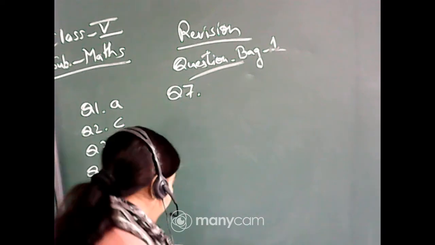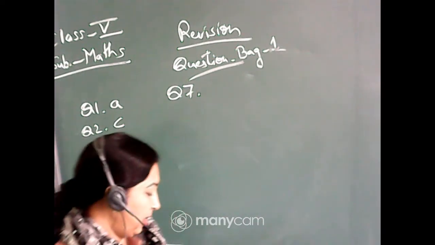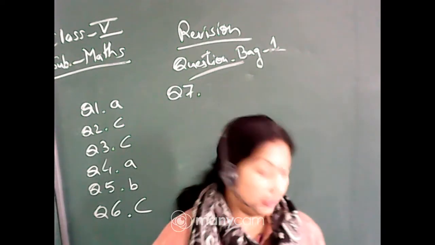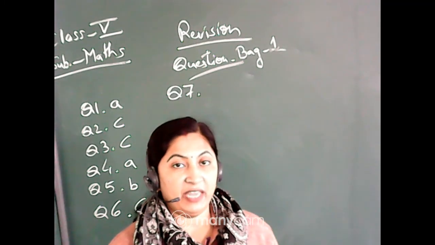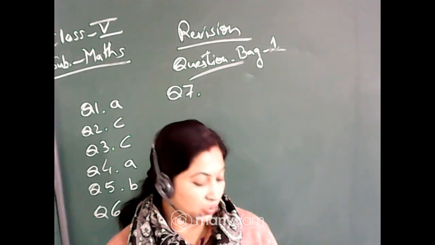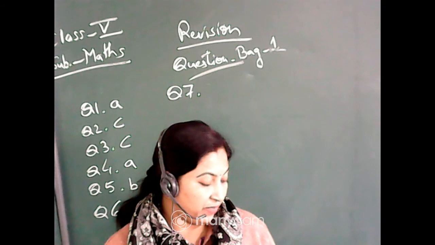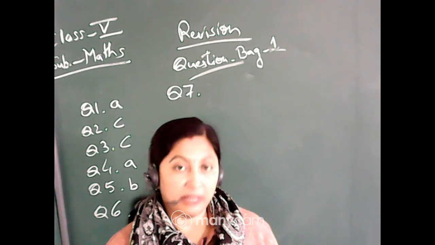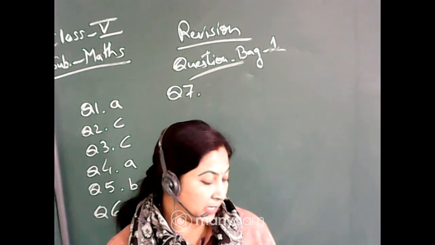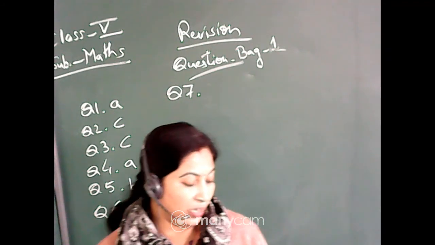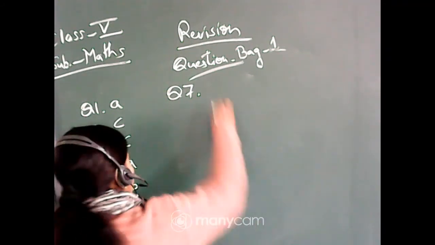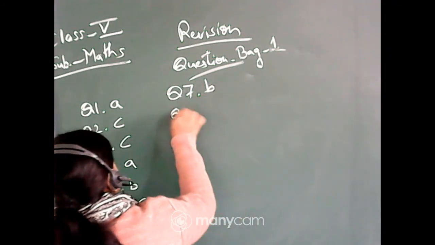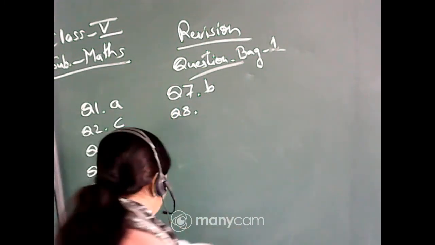Now let us do question number 7, again multiplication. 1.5 into 0.9. So 9 fives are 45, 5 carry 4, 9 ones are 9, 10, 11, 12 and 13. So 135, here 2 digits, then the point. So from the back side count 2 digits and then the point, that is 1.35. So option number B. The correct answer is option number B.